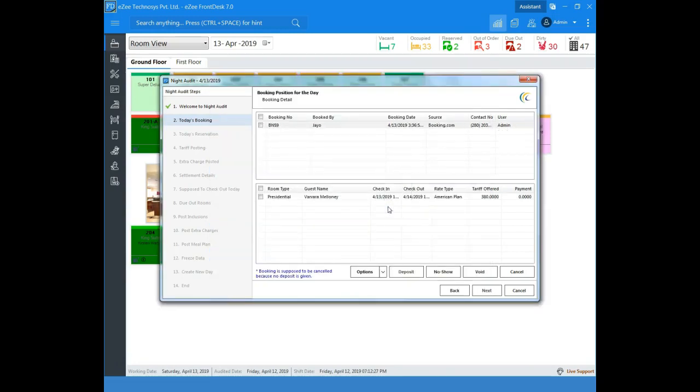The other reason can be that the guest would have checked in physically, but due to rush hour the user would have forgotten to check in the guest in the software. To check in the guest, the night audit process has to be closed, and then the check-in process can be done. Please refer to the videos on how to allocate a room to a booking and how to check in a